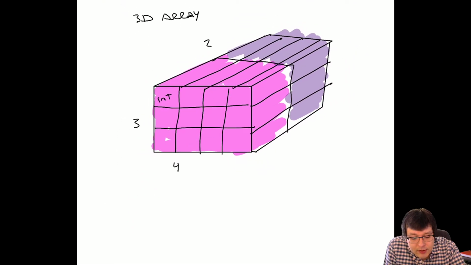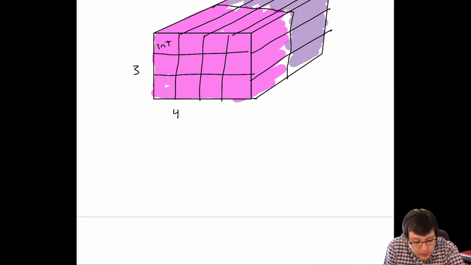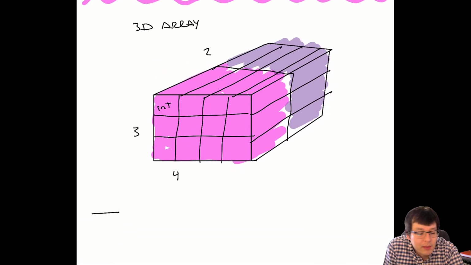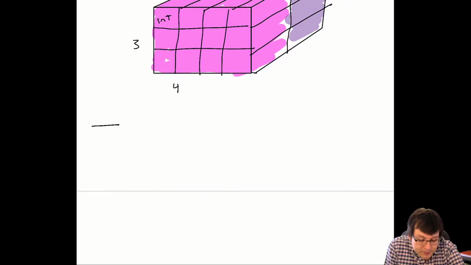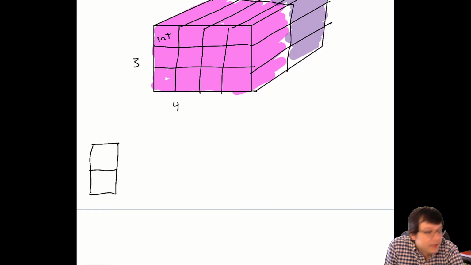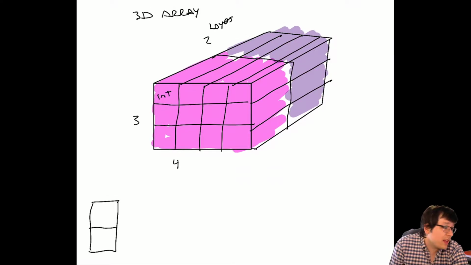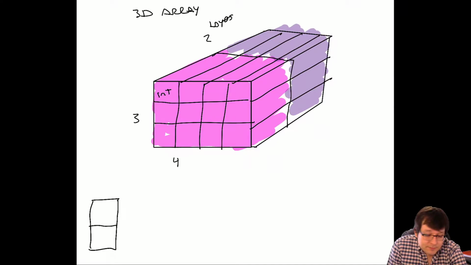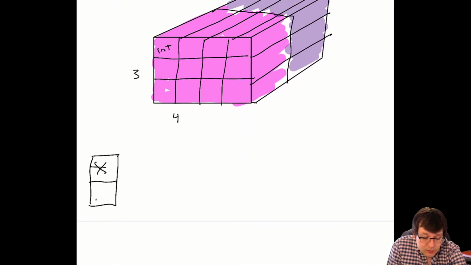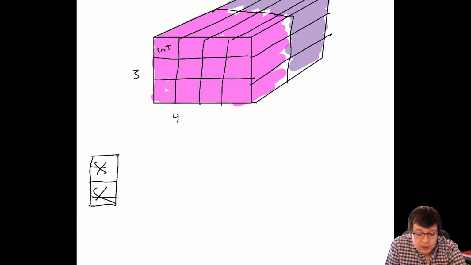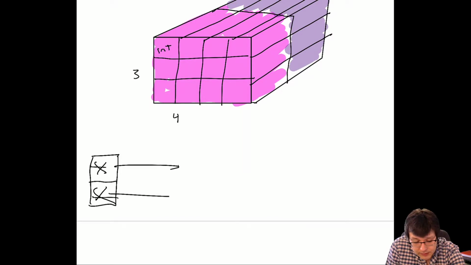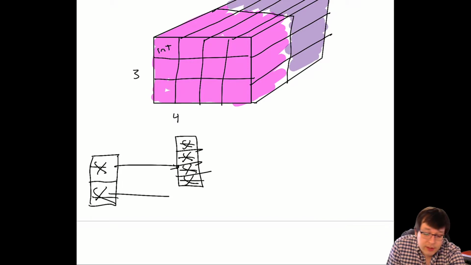the way we're going to represent this in code is we are going to make an array, and we're going to do the same dimensions here, 3 by 4 by 2. So first, we're going to start out with the depth. How many layers, quote unquote, are there here? We're going to call these layers, just as a name. There's 2 of them, right? And so we're going to make 2 pointers. And each of those is going to point, and this time I'll do it vertically, since I was just talking about doing it vertically for visualization purposes, to another array of pointers that each is going to hold